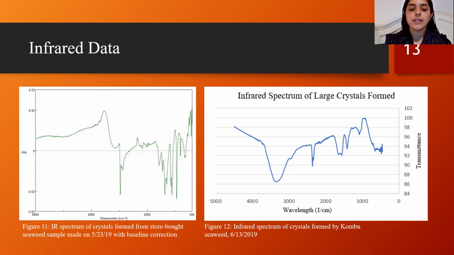The infrared data shown in figure 11 and figure 12 is relatively similar in similar areas. For example, between 3200 to 3300, there is a rounded peak. This could potentially be due to influence of carbon dioxide from the organic matter in solution or leftover remnants of the alcohol solvent. There is a sharp peak